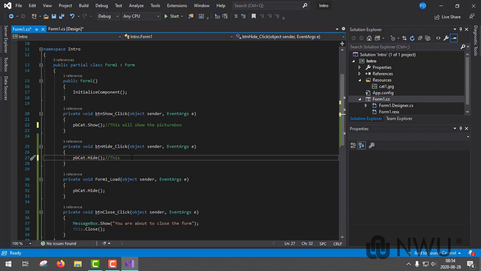It's not necessary to comment on each line that you do. It's usually just for a big snippet of code that you describe at the top and say this will convert the currency from rand to US dollar, per se. But I'm just showing you line for line, but it's not good practice to comment on each line of your code. This will hide the picture box,